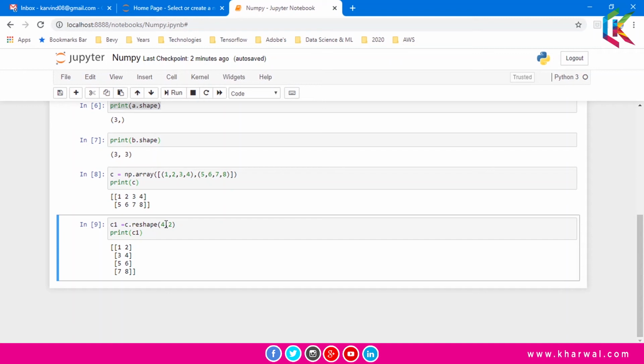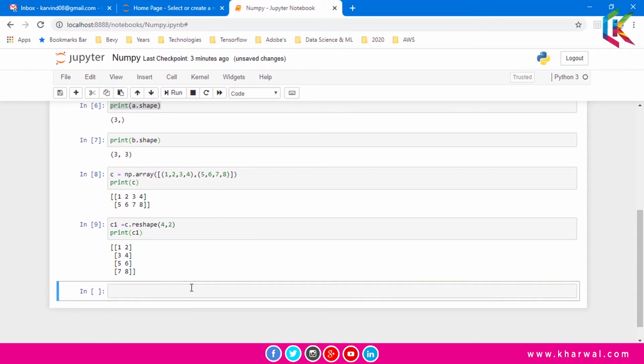And guys, we can also convert a one-dimensional array to a two-dimensional array by using the reshape attribute. So let me create a one-dimensional array here. So this is d, np.array.